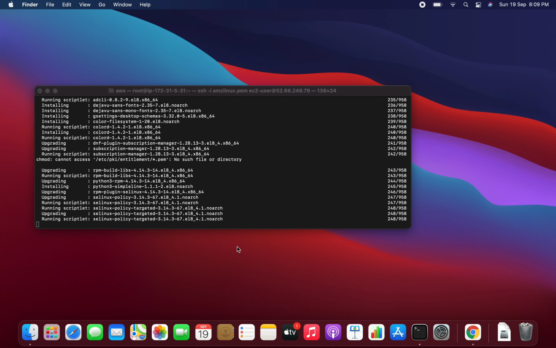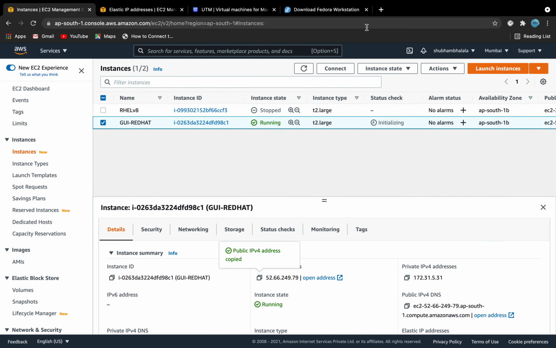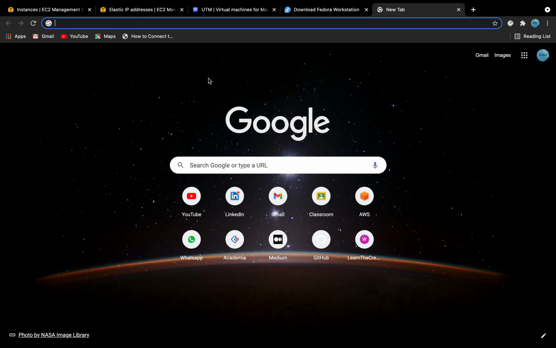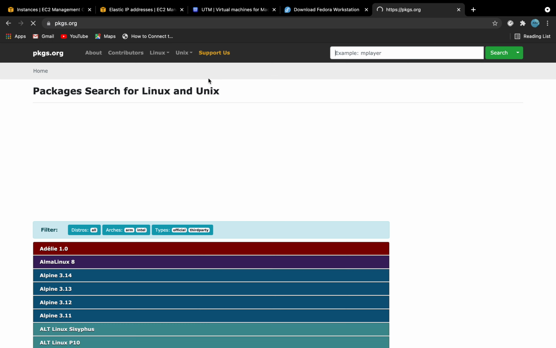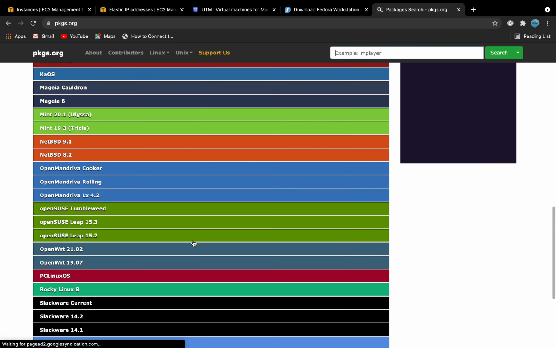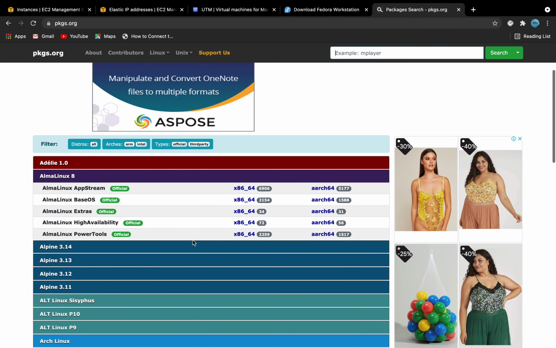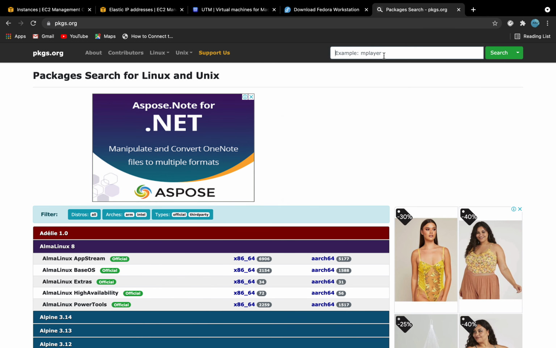Okay, in the meantime, we also need to install one more thing, which is EPEL, the Extra Packages for Enterprise Linux release. So what is EPEL? It's also a package manager, but it's maintained by some of the other open source contributors. To get the latest EPEL release, you can go to packages.org. In here, you can get all the packages of all the available Linux flavors, and just search EPEL release. Yeah, we need this,